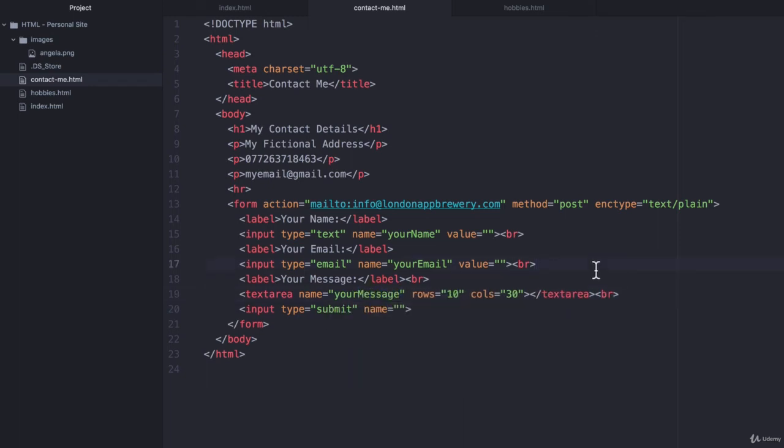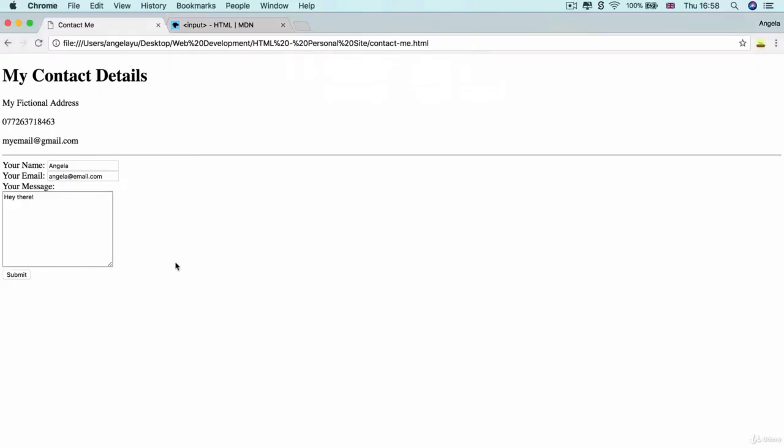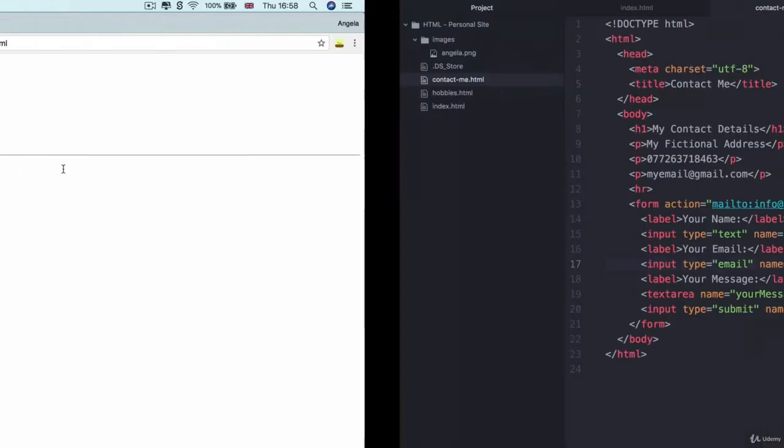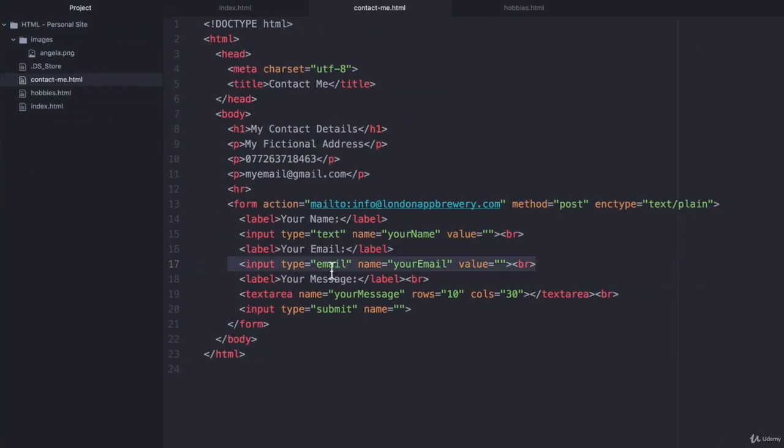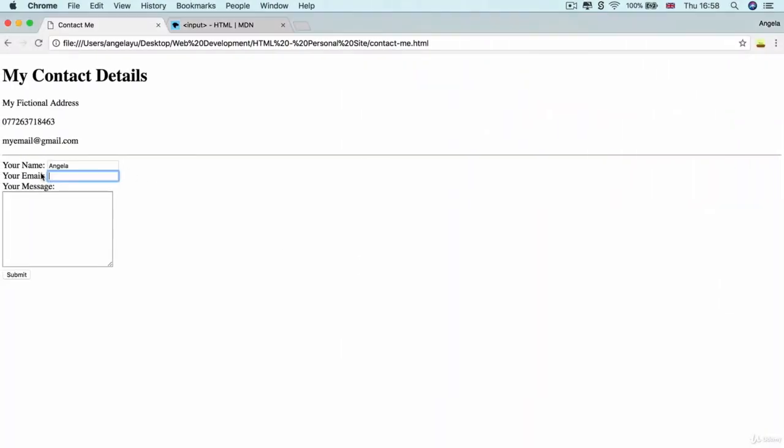All right, let's hit save. And let's go back to our website, hit refresh, and let's try it again. Now, I didn't show you this last time, but the cool thing about the email text field that we added here by changing the input type to email is that it does some basic validation. And that means if I type something like this and I try to hit enter, now it's a little bit different from browser to browser, but your browser might tell you that please include an @ in your email address,